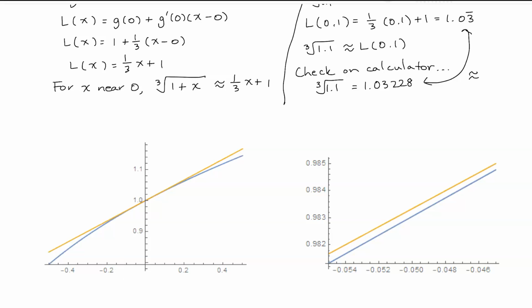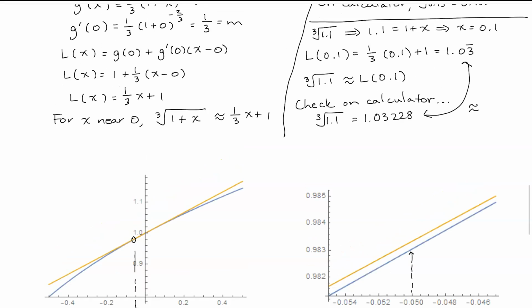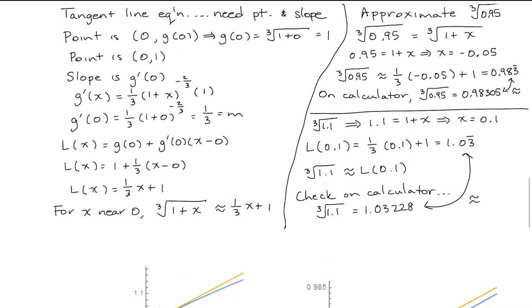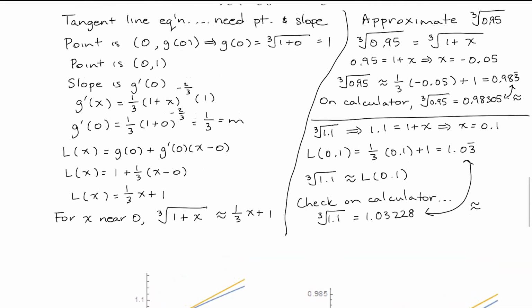Okay, now I made a couple graphs in Mathematica here. So again, I'll do some erasing in a minute. But if I count backwards here on the left side, the graph on the left along the horizontal, this spot right here is negative 0.05. So you can see that when we go up to, I have the tangent line in orange and the function in blue, and you can't tell them apart. But in the graph on the right,